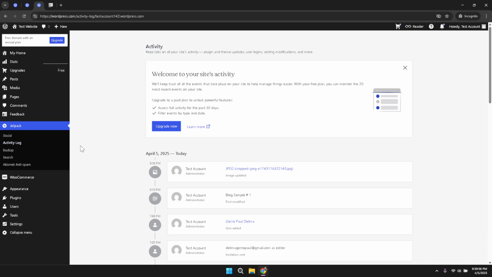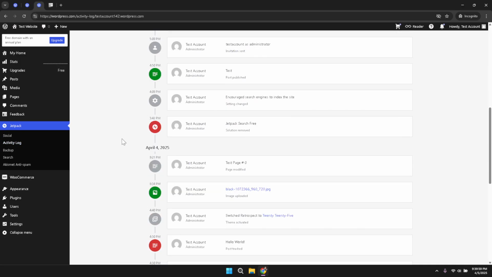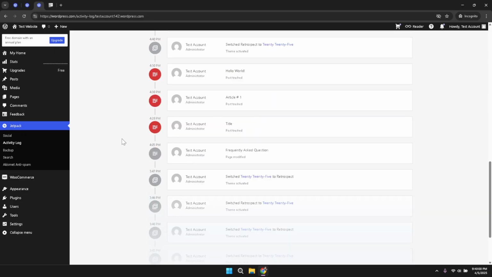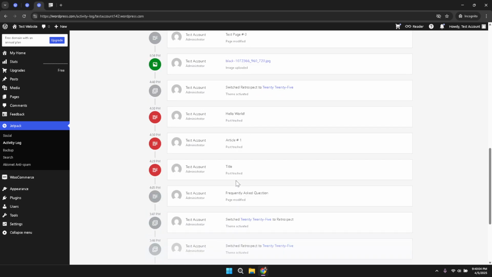Once you click on the Activity Log option, you will be presented with a detailed list of events, providing you with complete transparency about what is happening on your site. This information is crucial for maintaining security and understanding user behavior. With the Activity Log now open, you can observe all the registered user activities that have taken place across your